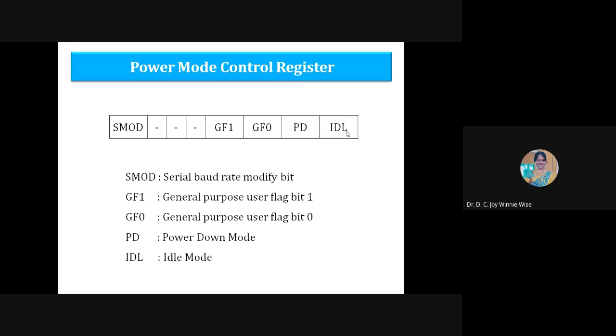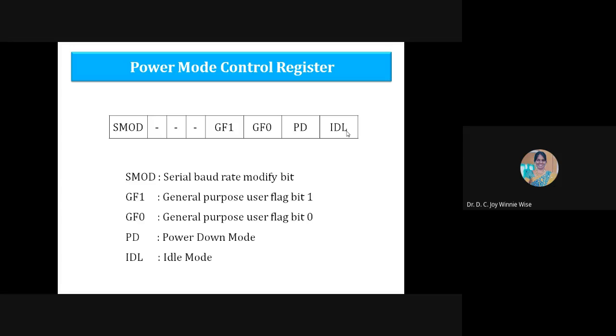So what is power down mode? If the oscillator is stopped, that is, if there is any problem in the device, only the hardware reset will bring it to the normal condition. So power down mode is, if there is any issue and the system has failure, we have to reset it through hardware, through the pin, hardware only. Okay, so that is power down mode.